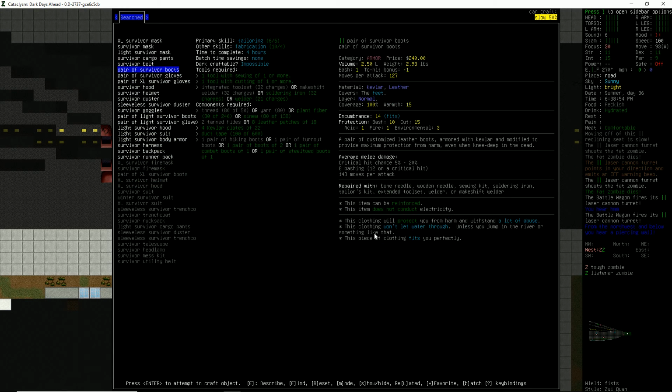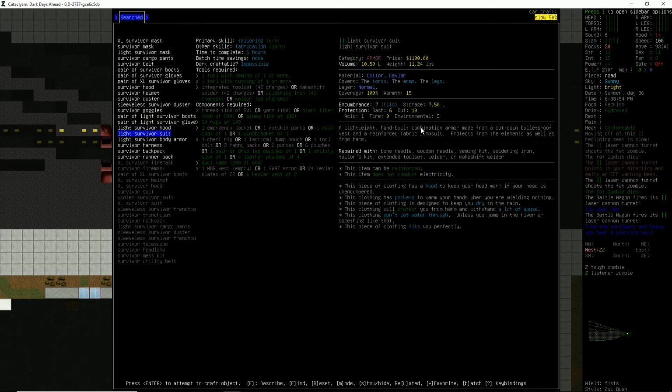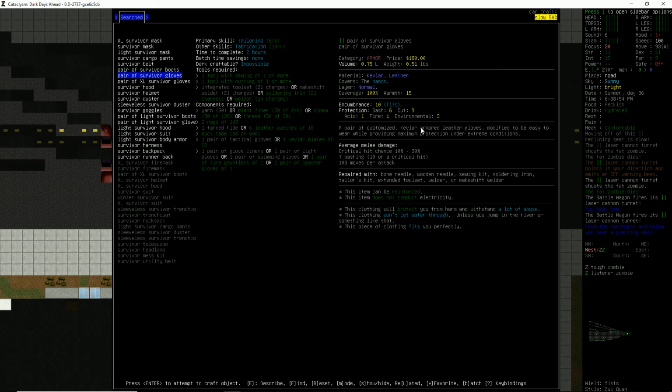So survival belt. We could make the survival hood. Although, is this one waterproof? This won't let water through. So a survivor helmet will be fine. That's going to provide some decent head protection, right? That's going to be 100% and 15 warmth and 10-15 bashing cutting. Otherwise, the suit covers the torso, arms, and legs. So then, really, we just need gloves, right? We're going to need a pair of survivor boots and probably a pair of survivor gloves, and we'll have the whole